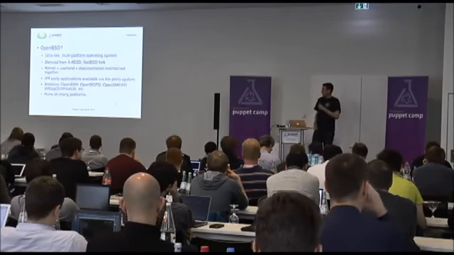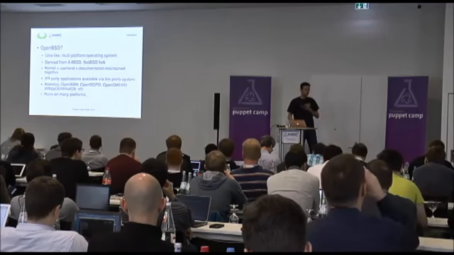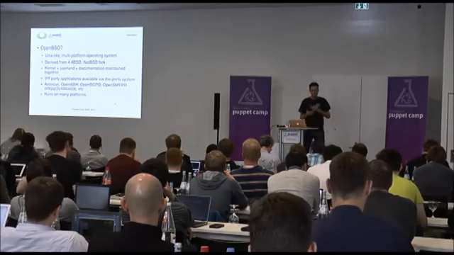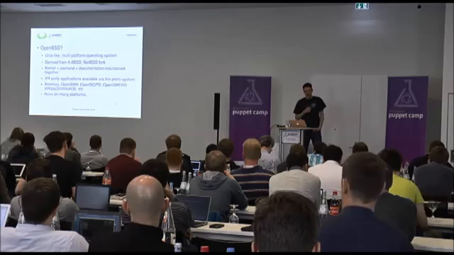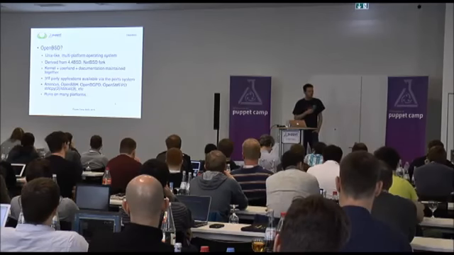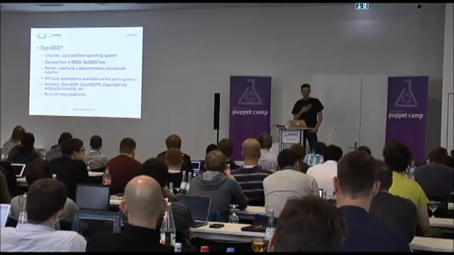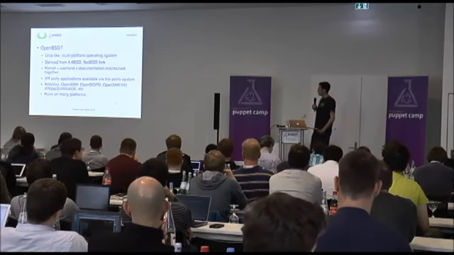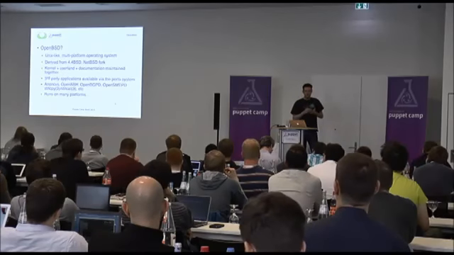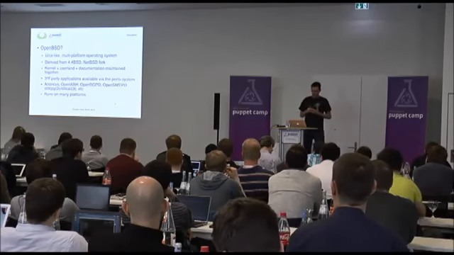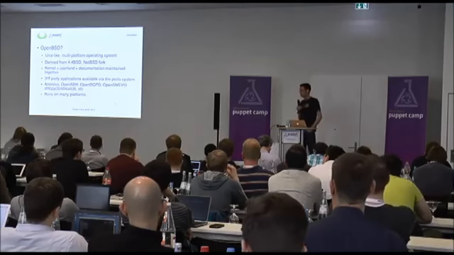So a little bit about OpenBSD. I assume that most of you have some idea what it is. Just in case you don't, it's a Unix-like operating system with a very strong focus on correctness of the code, as well as the documentation. The kernel, userland, and documentation are all maintained in a single repository, and because of that, its code is not considered complete unless there's good documentation for it.